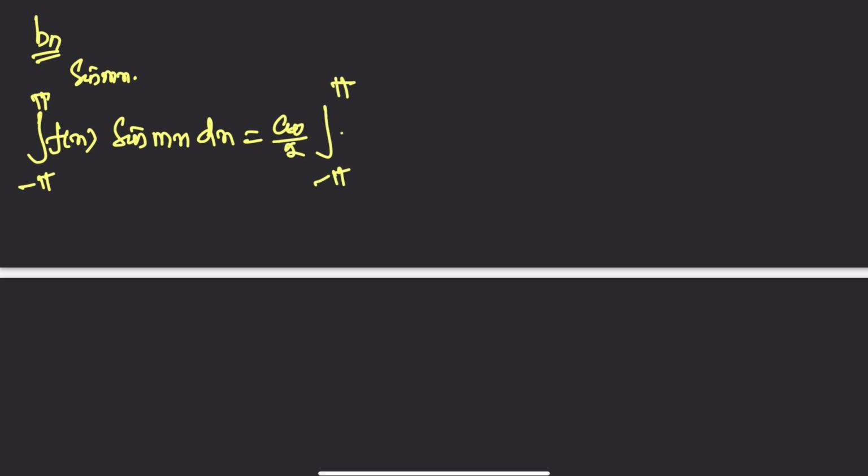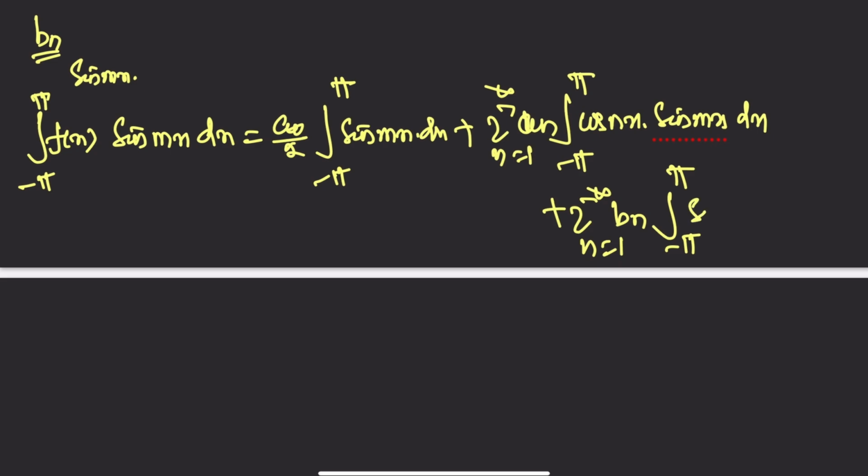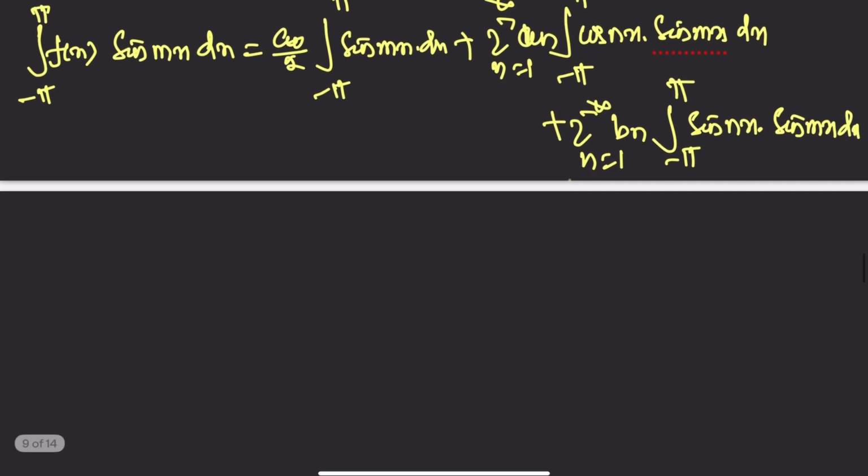So equation 1 becomes integral from minus pi to pi of f(x) sin mx dx equals a_0 by 2 integral from minus pi to pi of sin mx dx plus summation a_n integral from minus pi to pi of cos nx sin mx dx, and the third term becomes b_n integral from minus pi to pi of sin nx sin mx dx, equals